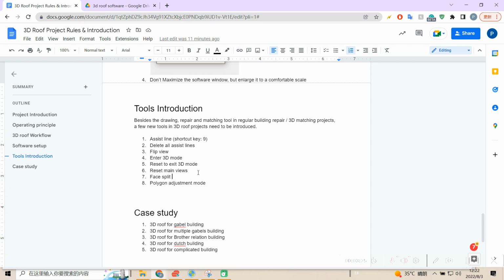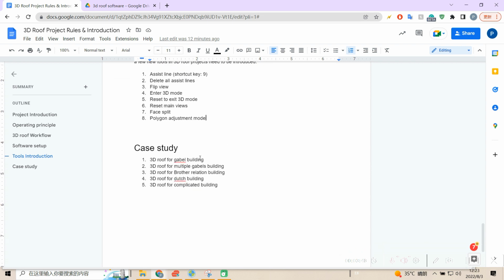And number 7 is face split. So what is a face split? It's pretty complicated, and I will talk about it in the video. And lastly is the polygon adjustment mode, and this is also kind of complicated, and I will also talk about it in the video. So for the case study, there will be a few cases, including